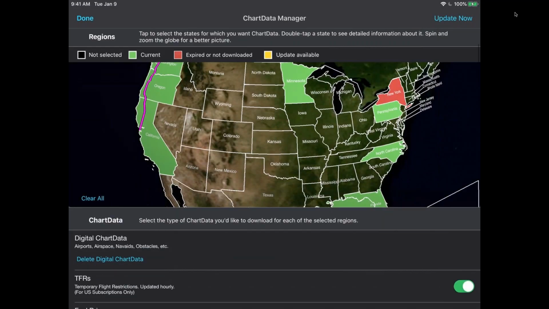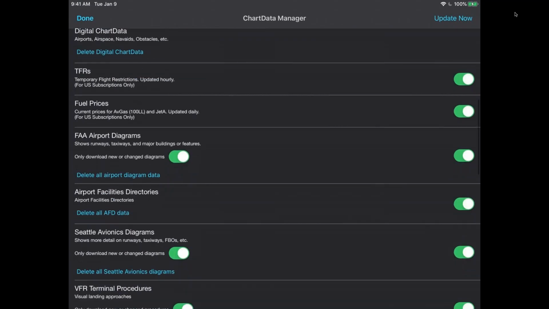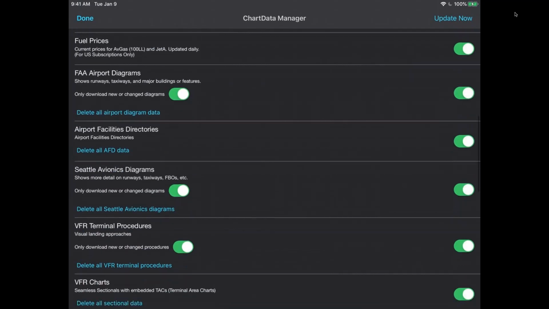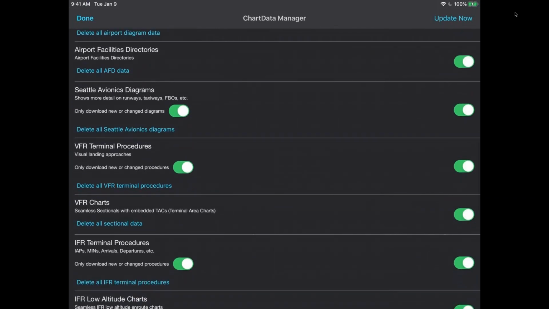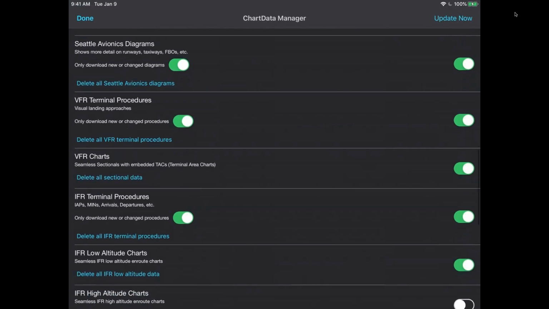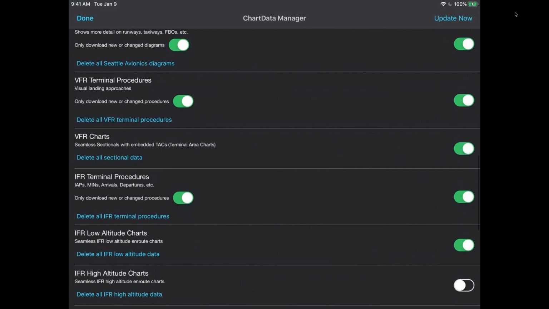If you want to actually delete data, it's a little bit clunky, to be honest with you. What we do is, there's a blue button next to most of the data products that delete not by state, but they delete the data by type. So, for example, let's move the VFR charts for now in the middle of the screen. If I click the button that says delete all sectional data, it will delete all the sectionals for all states